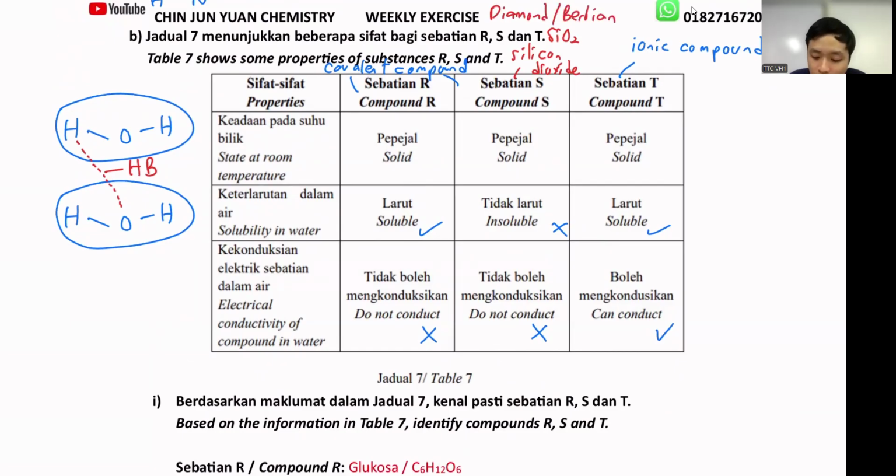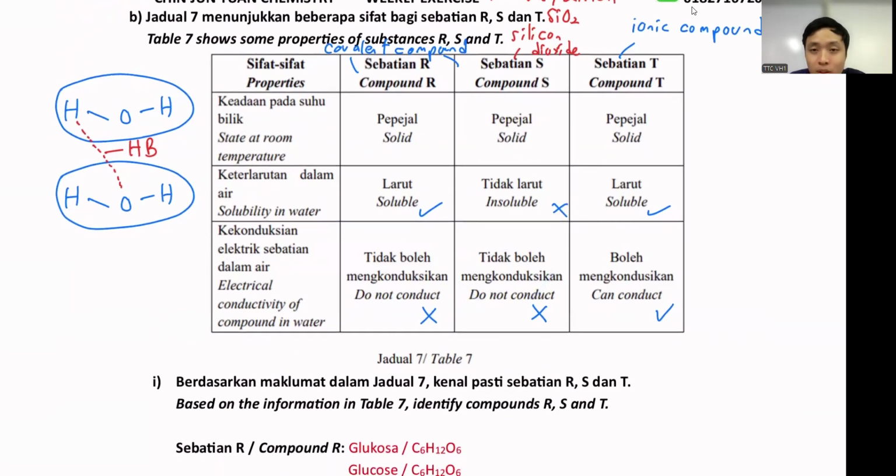They are all insoluble also. They also cannot conduct electricity, but they are in solid state. So this is one of the ideas. But we also have one exception in this case, that normally students don't see. It can also be an ionic compound. It's possible, but the ionic compound is insoluble in water. But teacher, normally I thought ionic compound should dissolve in water. But not every salt is soluble in water. For example,